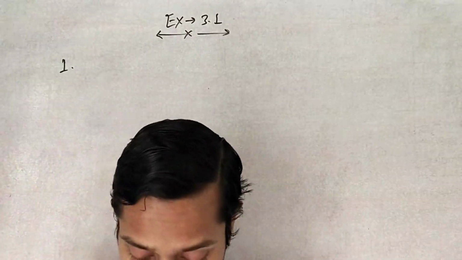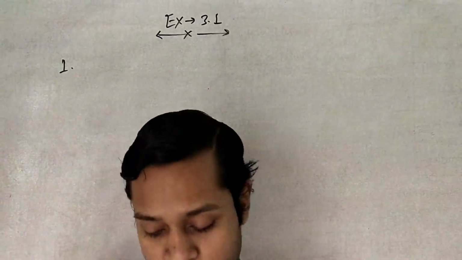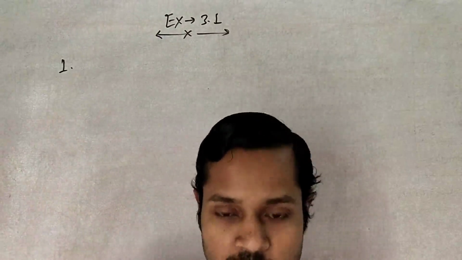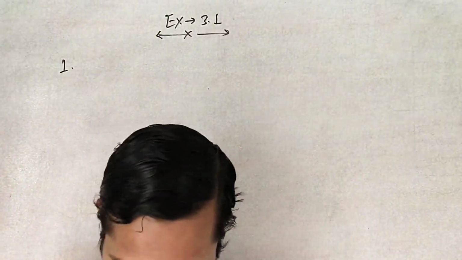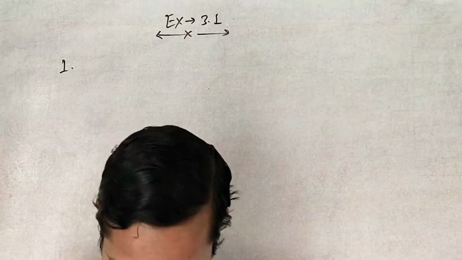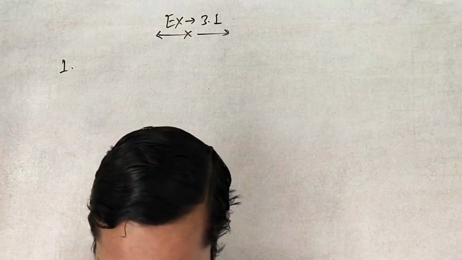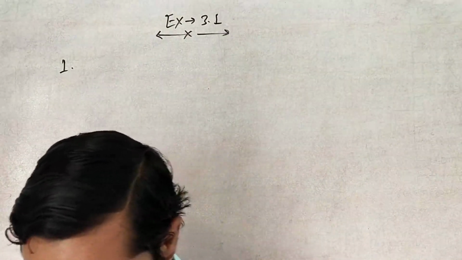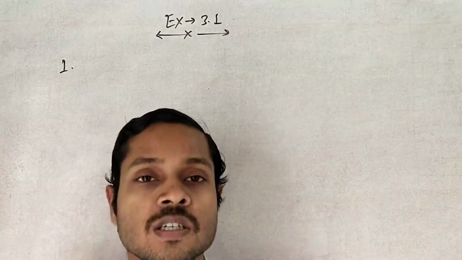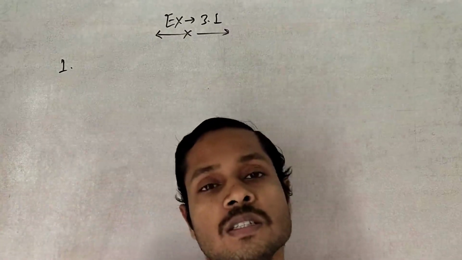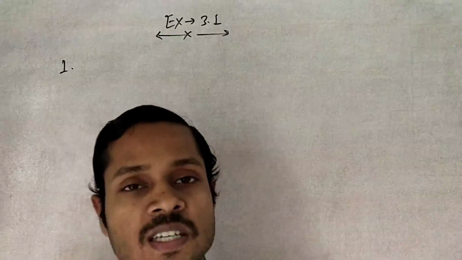Now students, we are going to start exercise 3.1. So I am reading the question. All of you also start reading the question. Aftab tells his daughter, "7 years ago I was 7 times as old as you were then." Just think about that. This type of statement gives an equation.